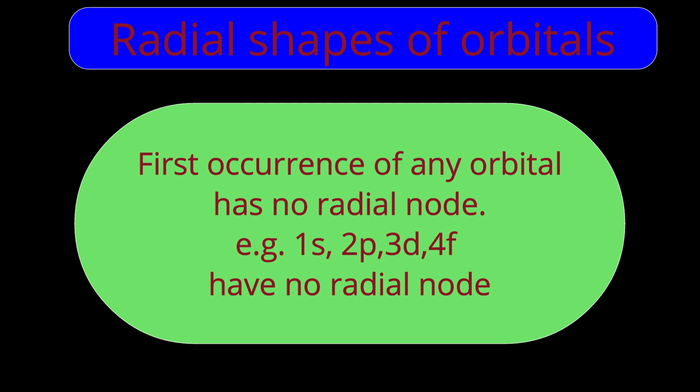If I consider the second subshell, that is L is equal to 1, which subshell is it? The p subshell. The p subshell starts from which level? Principal quantum number 2. So 2p is the beginning subshell. 1p is not there. The p subshell starts from 2. So the 2p subshell has no node. Accordingly, the 3d subshell has no node, and the 4f subshell has no node. Are you getting this point or is it difficult to digest? Just work on this n minus L minus 1 formula. You will understand.